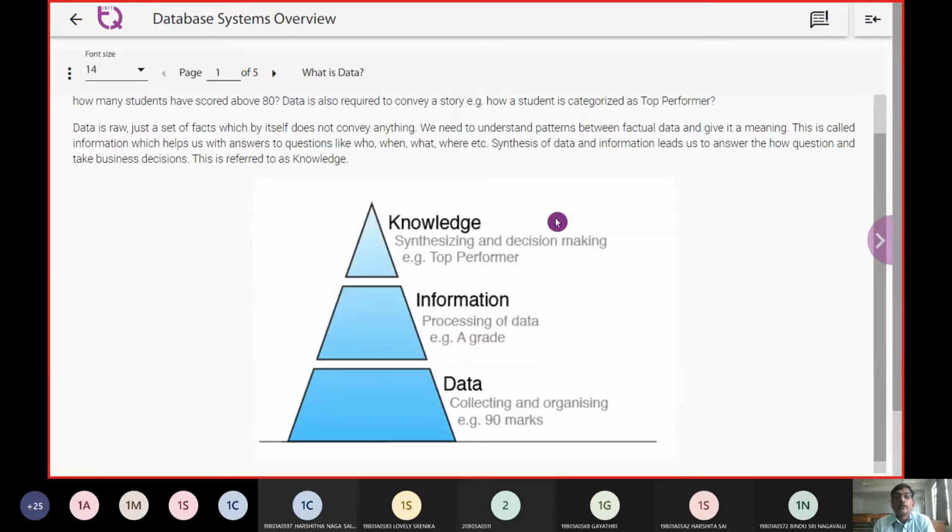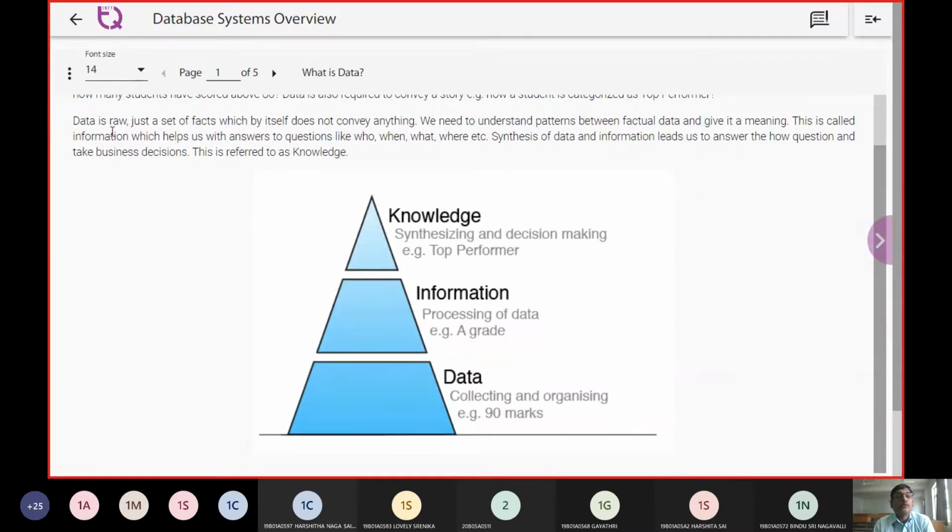So when we are going to call it as data, it is going to be assumed here as a raw entity. So why it is raw entity? Because until we pick up the data into two or more elements, find the patterns associated in it, only then we can make some meaningful decisions.